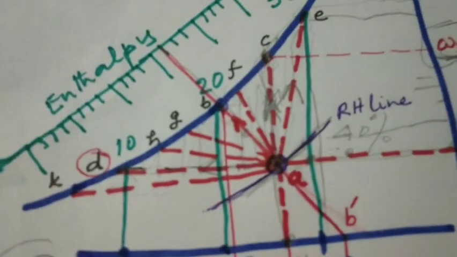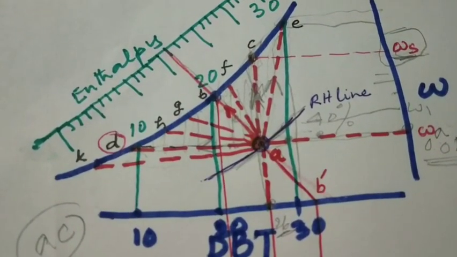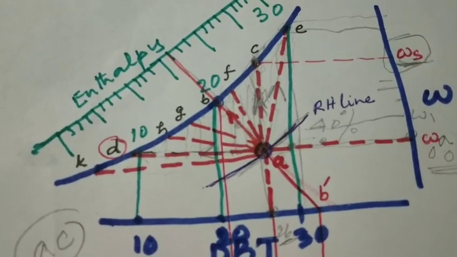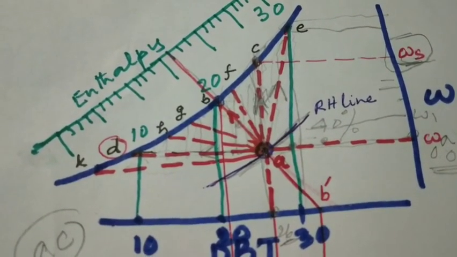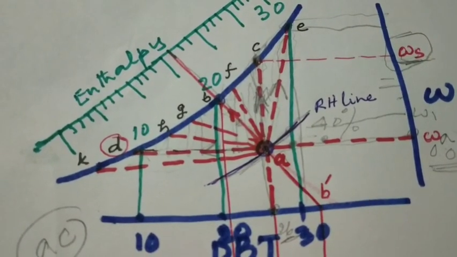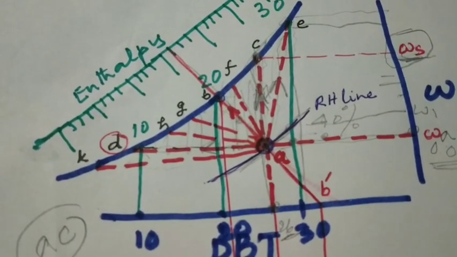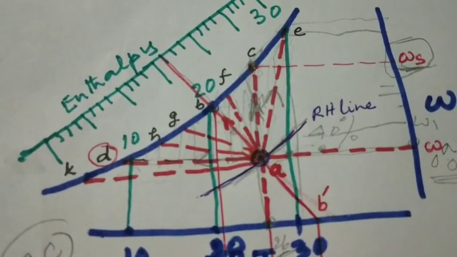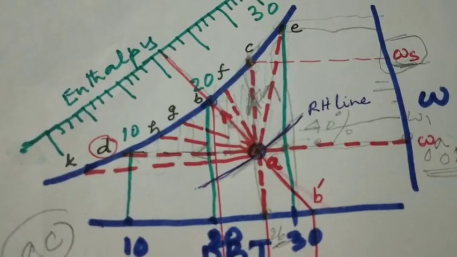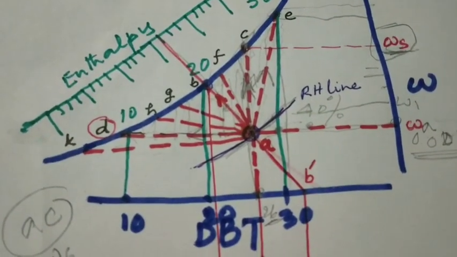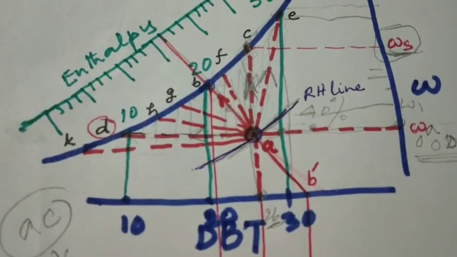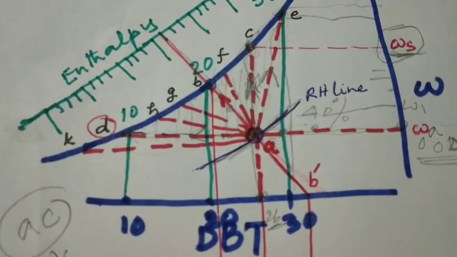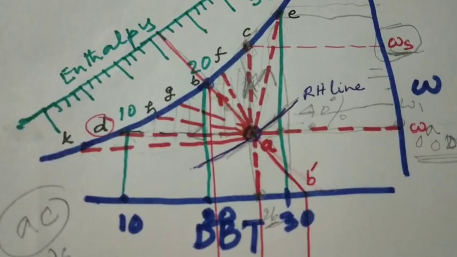where it has become saturated, because the saturation was in the AC process also, and the AD process also, but the AB process, all three are different in a sense. The AB process is unique in that it is isenthalpic, and it can be said to be an adiabatic process where humidification has taken place. So the adiabatic humidification process is the AB process, where the temperature is decreasing and the humidity is increasing and a saturated state has come. So C is also saturated, D is also saturated, and now B is also saturated.